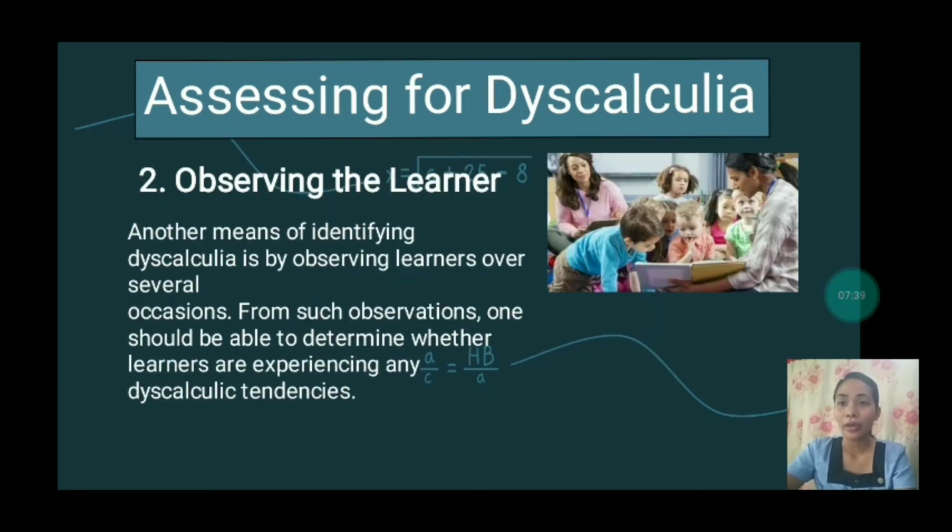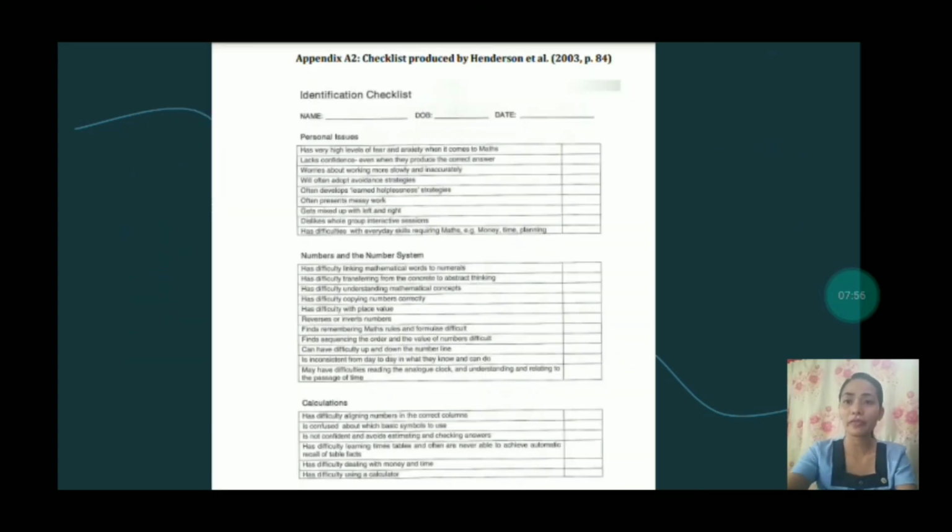So another way of identifying dyscalculia is by observing learners over several occasions. From such observations, one should be able to determine whether learners are experiencing any dyscalculic tendencies. Provided here is an identification checklist which teachers utilize in observing a child with dyscalculia. It is divided into 3 categories, which are personal issues, numbers and the number system, and calculations. Last